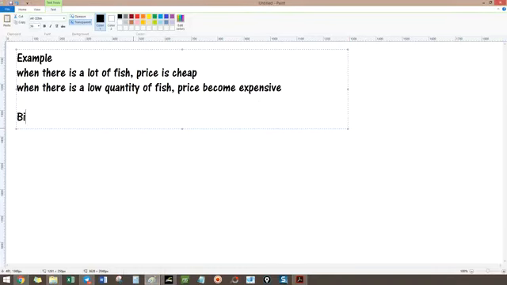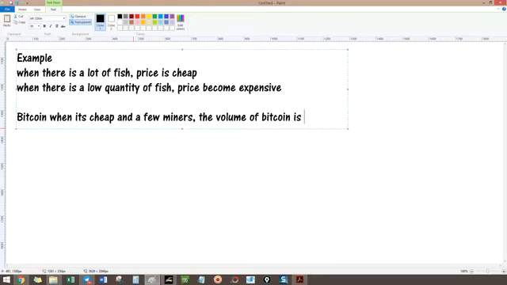Okay, so Bitcoin, when it's cheap and no one, and a few miners, the volume of Bitcoin is small. Okay, when Bitcoin become a high,